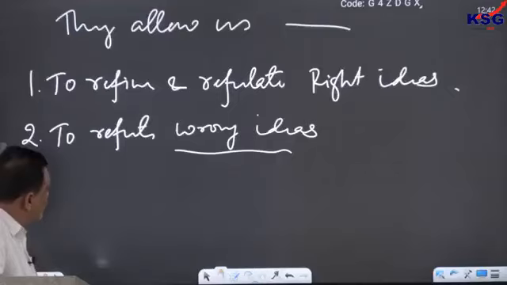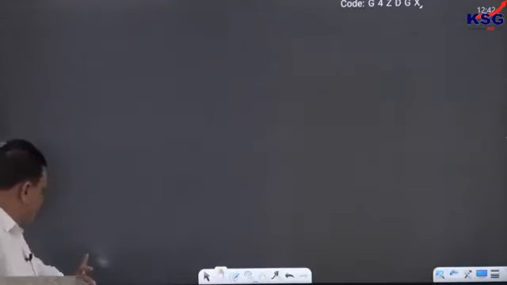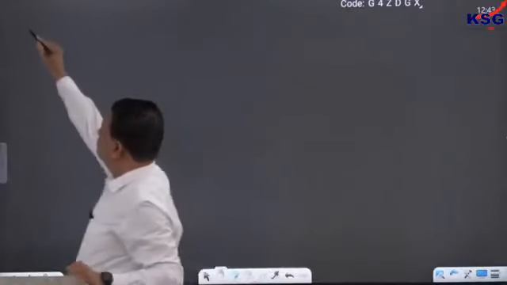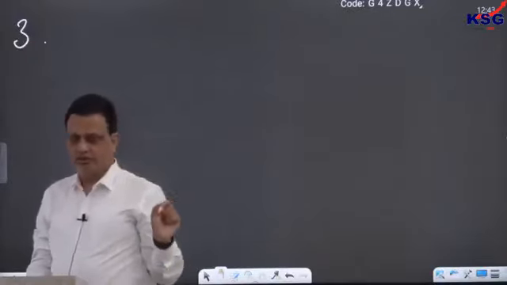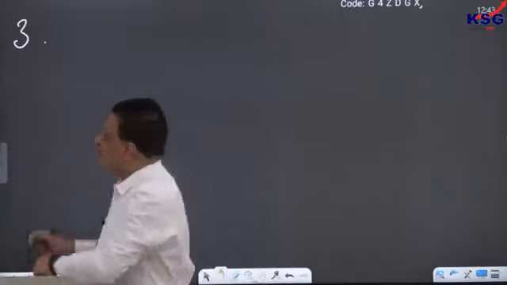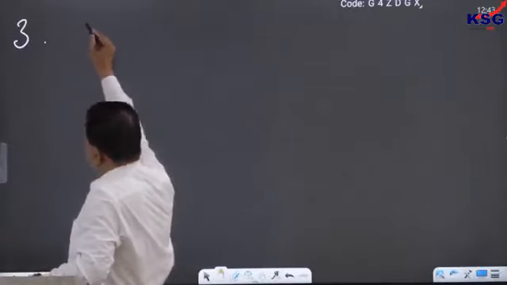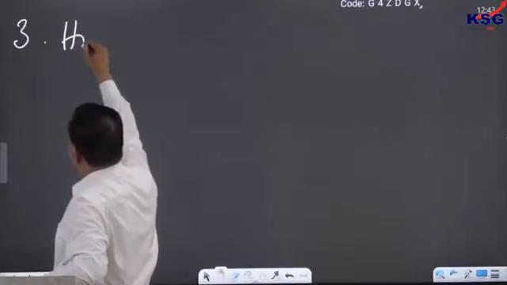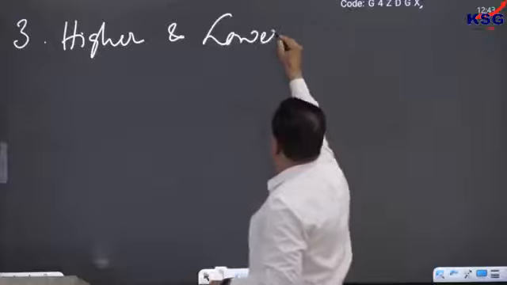That was the second most important contribution of John Stuart Mill in moral philosophy. Now, finally, we will talk about the third important contribution of John Stuart Mill in moral philosophy. Another important one, not as important as liberty, but nevertheless important. So write down the third one: higher and lower pleasure.